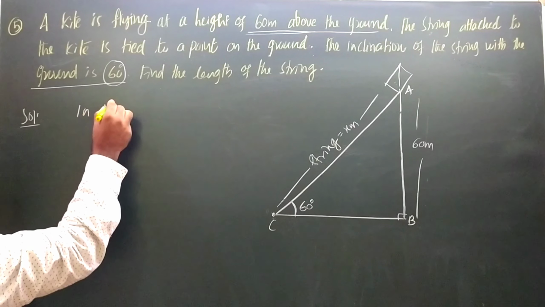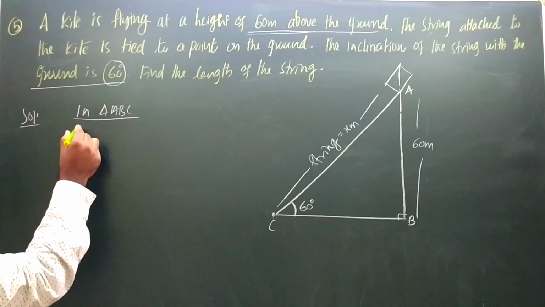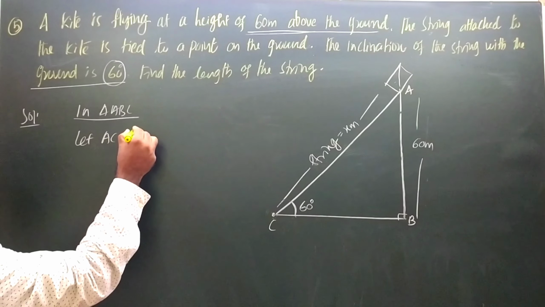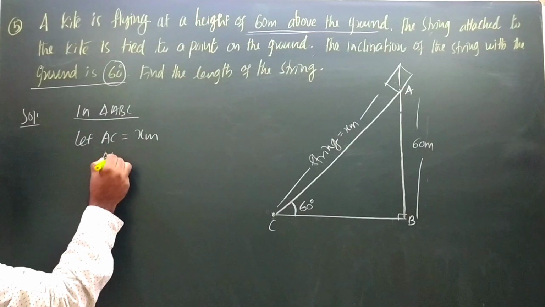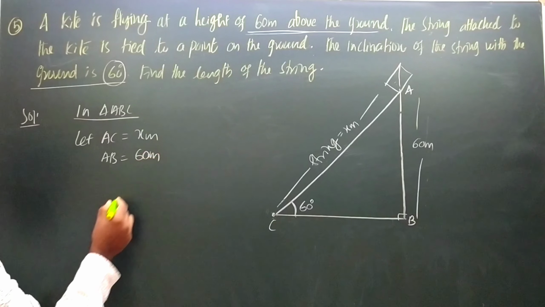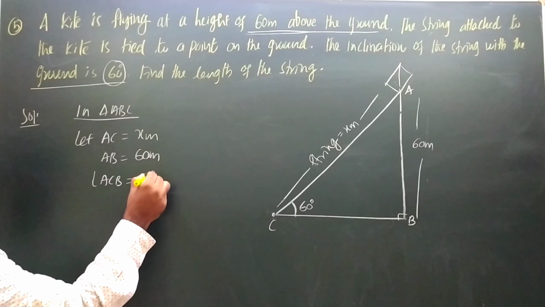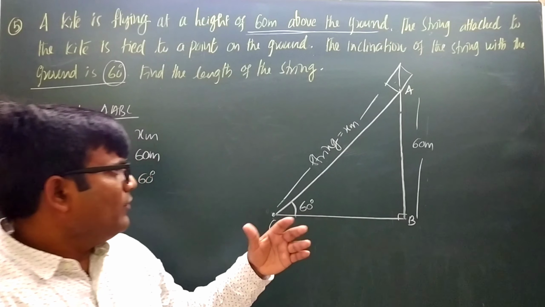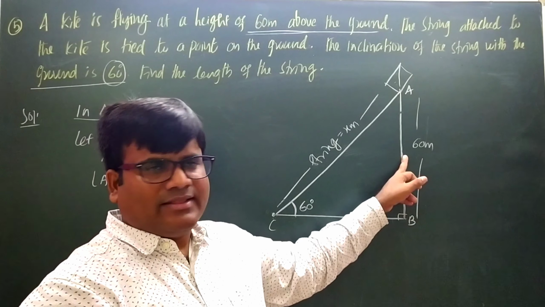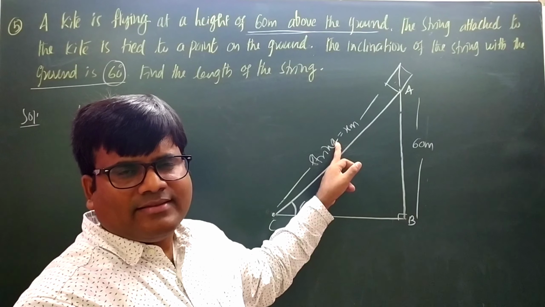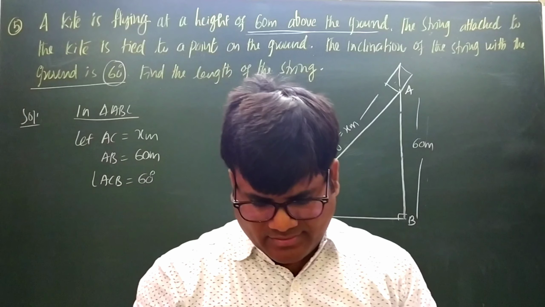Solution. So, acute angle ABC. This is the string length. Let AC be equal to x meters. Given the length of AB is equal to 60 meters. Now angle ACB is equal to 60 degrees. Now 60 meters is opposite to 60 degrees. So this length is opposite. The unknown length is the hypotenuse. So the ratio between opposite and hypotenuse is